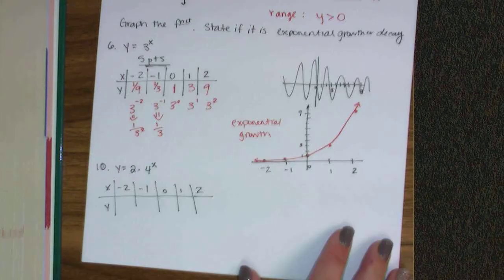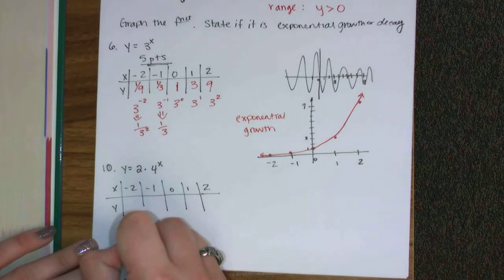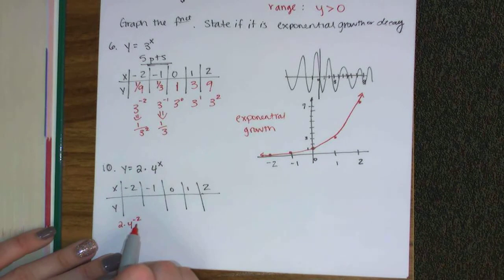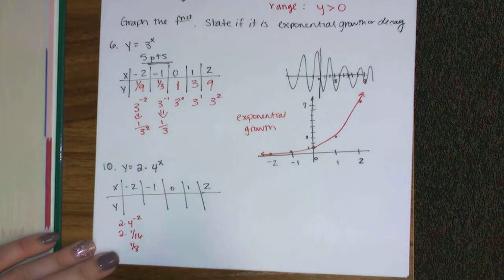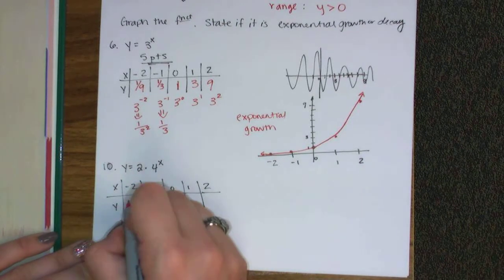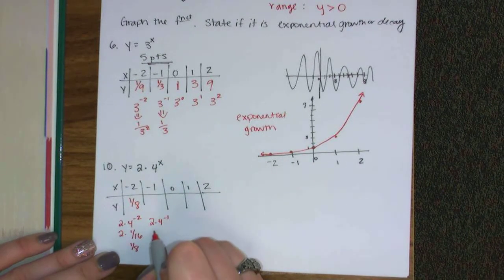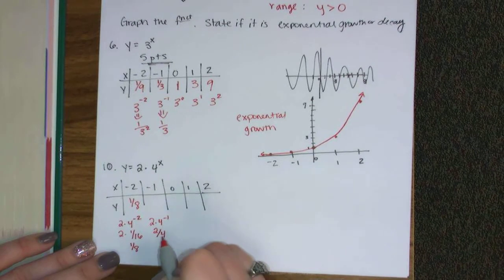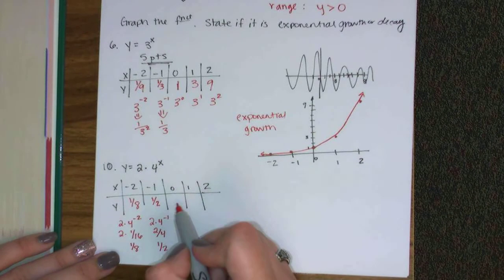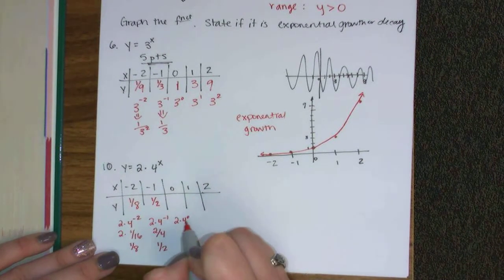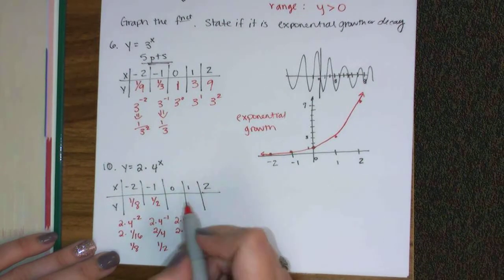This one is 2 times 4 to the negative 1, which is 2 over 4, or 1/2. At 0, we have 2 times 4 to the 0. Well, 4 to the 0 is 1. So we have 2 times 1, which is 2. Now over here I have 2 times 4 to the 1. 4 to the 1 obviously is just 4, times 2 is 8. And now this one we're going to end up with a big one. So 2 times 4 squared. Well, 4 squared is 16. So 2 times 16, that's going to be 32. 32 in this case,